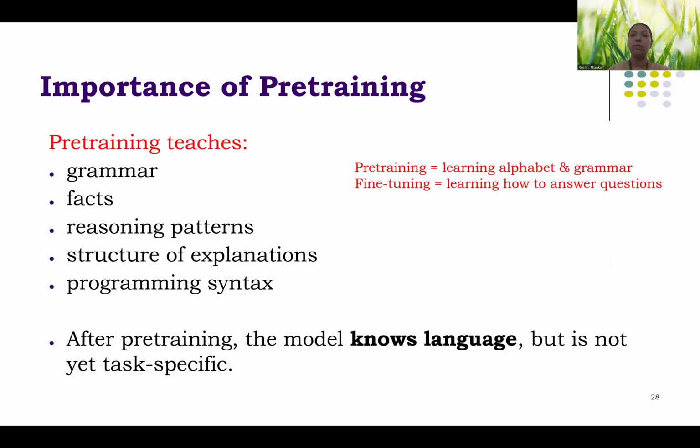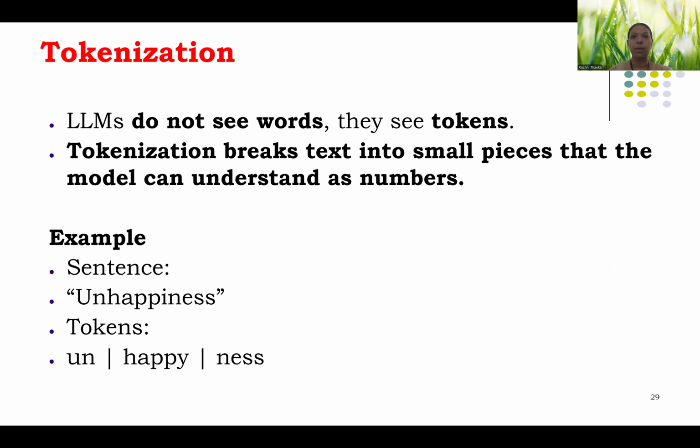The next thing is tokenization. Previously I discussed it, right? Tokenization means it is going to divide the input into many small tokens, which can be small pieces. For example, if I have a word like "unhappiness", the tokenization can be "un" and "happiness". All these are tokens. Here I already showed that if "artificial intelligence" is given, "artificial" is a token and "intelligence" is a token. There are many ways we can do tokenization.